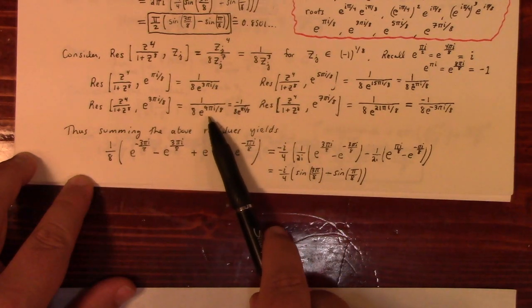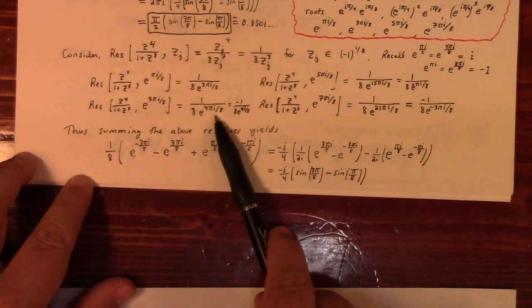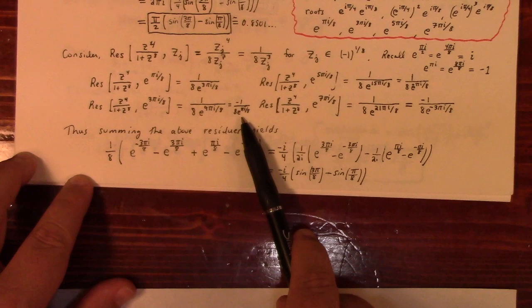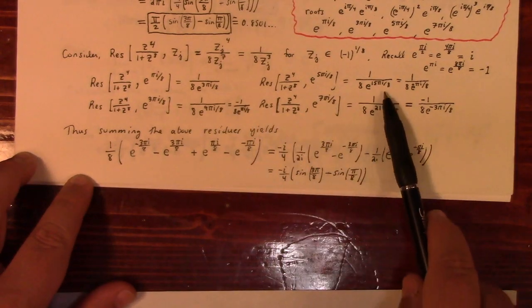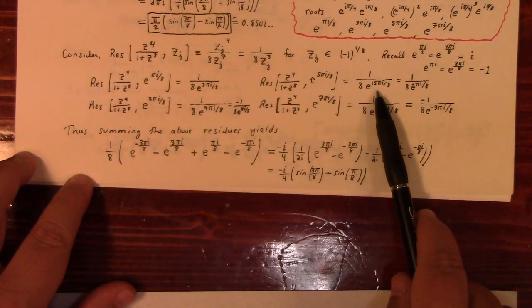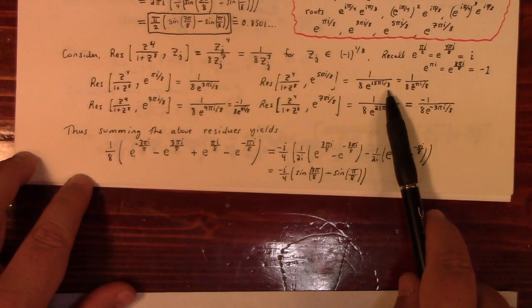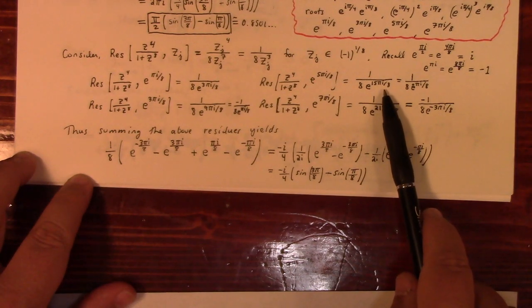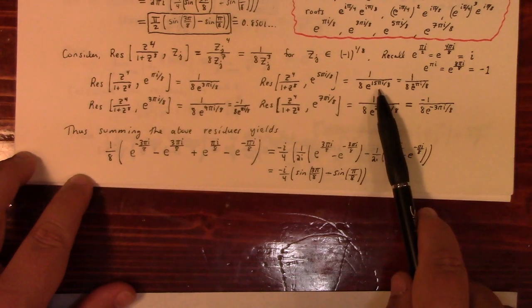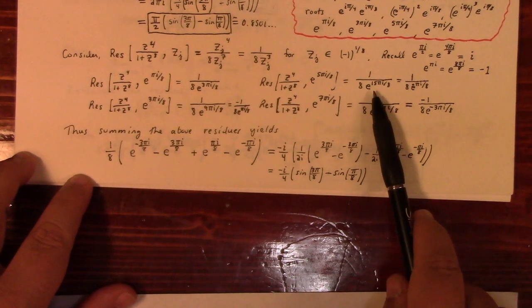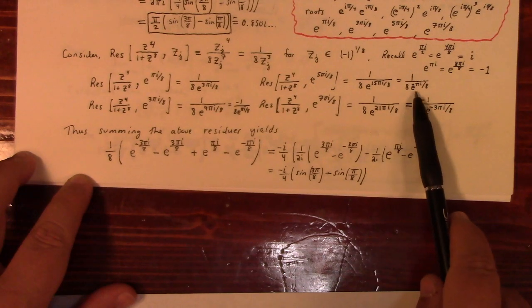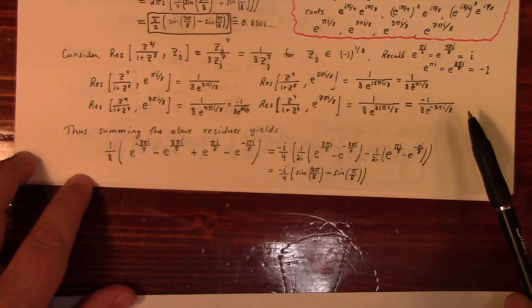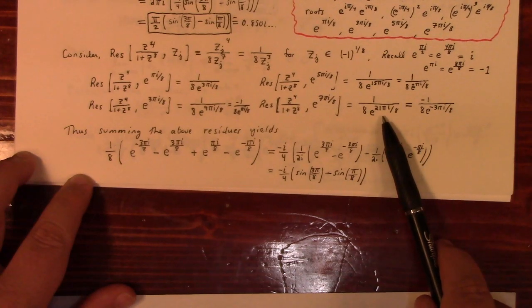But here's a trick. This is e to the 9 pi i over 8. So that's e to the 8 pi i over 8 times e to the i pi over 8. But e to the 8 pi i over 8 is e to the pi i, which is minus 1, so I get that. And here I've subtracted 16 pi i over 8, which is 2 pi. We can do that because the imaginary exponential is 2 pi periodic. So this is actually 1 over 8 e to the minus pi i over 8. And this guy, I subtracted,